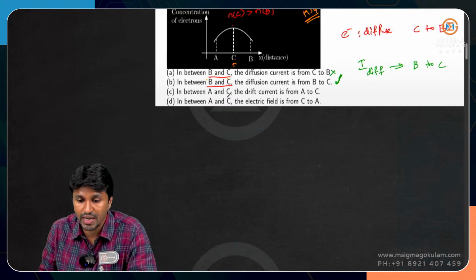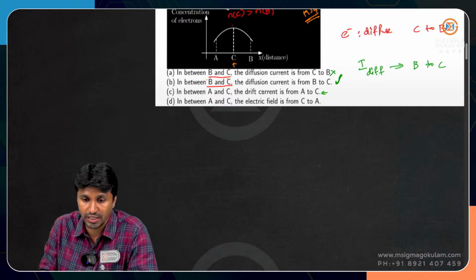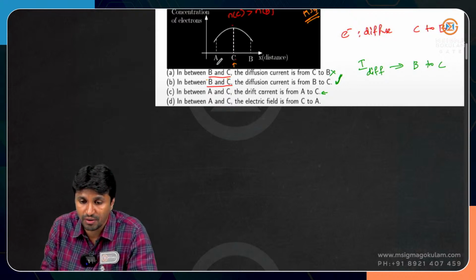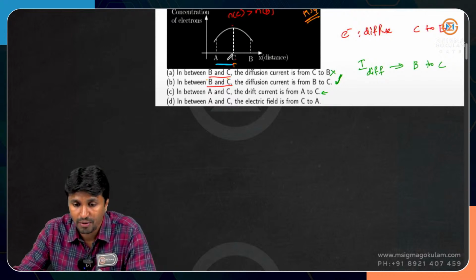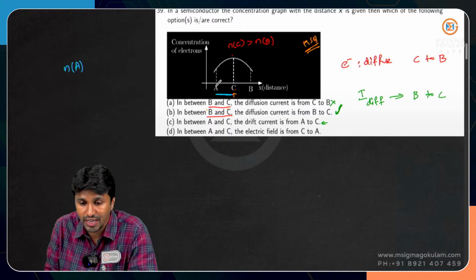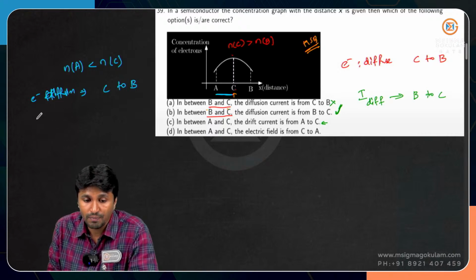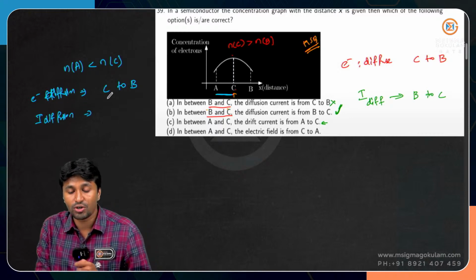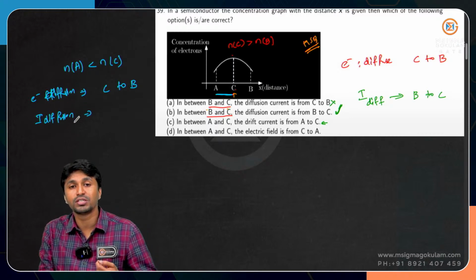In between A and C, the drift current is from A to C. Now he is asking you to look at the second region, between A and C. Between A and C, you can clearly see that the electron concentration at A is less than the electron concentration at C, right? So the electron diffusion will take place from C to A, right? So the current due to this diffusion,